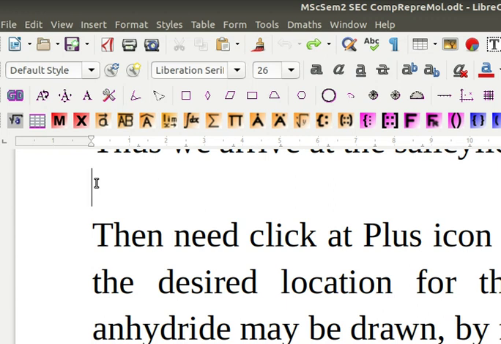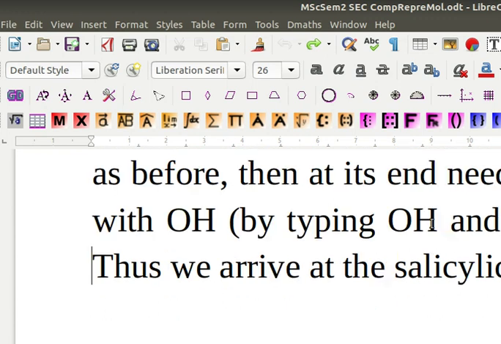So I chose this particular point where we need to draw the picture. I click the mouse there, choose the position where we want to paste this particular diagram, and make Edit, Paste or something like that.